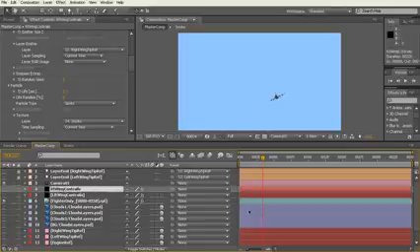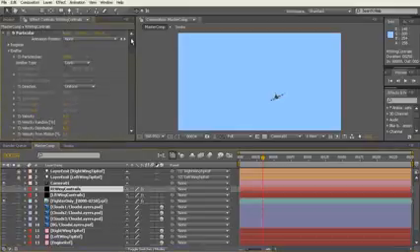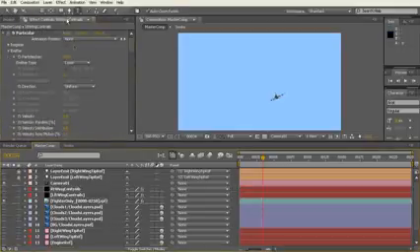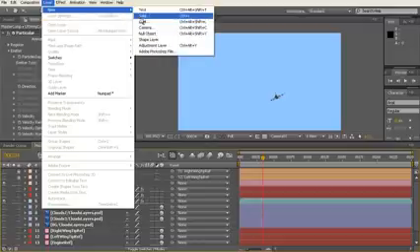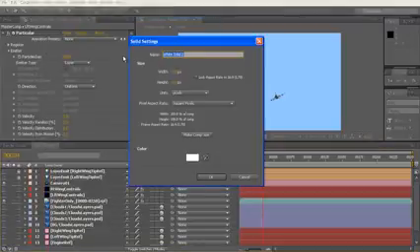I'm going to use a preset that I did a little earlier, but you'll be able to reverse engineer that preset just to see, and I'll mention one or two things that I've done in it when we load it in. So layer, new, solid, and we'll call this exhaust